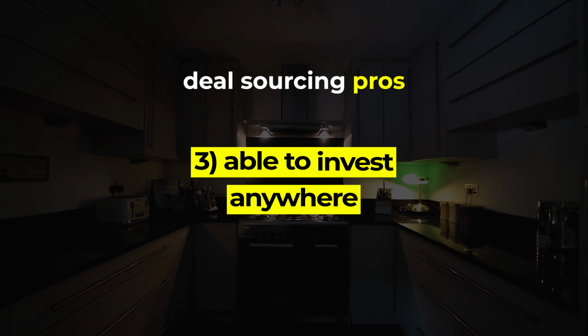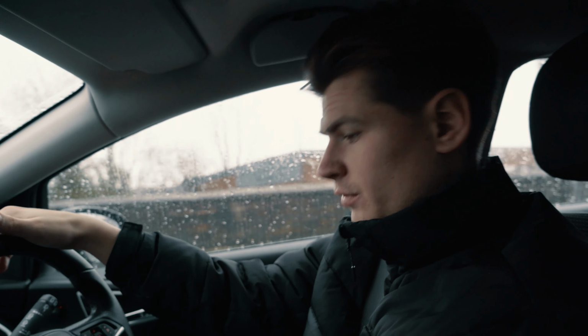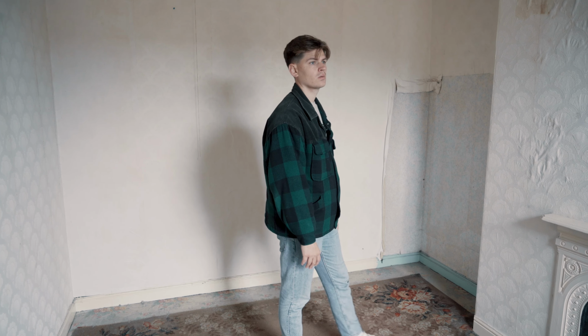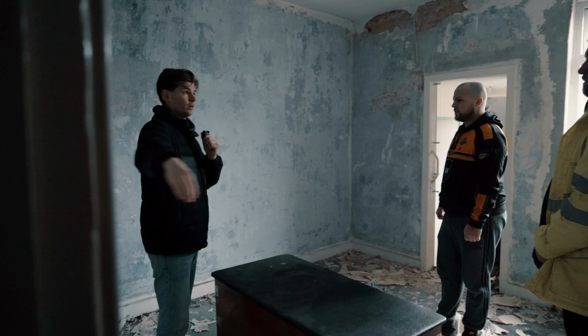Another pro to using a deal packager is if you are not able to get boots on the ground in the areas that you want to invest in. Like I said, a lot of our investors are based in London, or just generally down south, or from out of the country. And so to have someone with boots on the ground with not only local knowledge and experience, but the connections, the relationships, and the time to be able to just go to those areas,